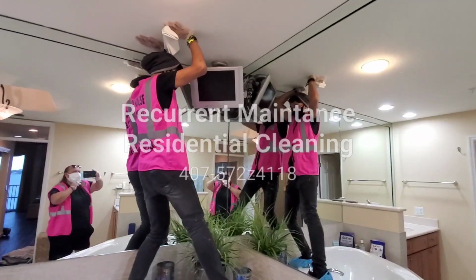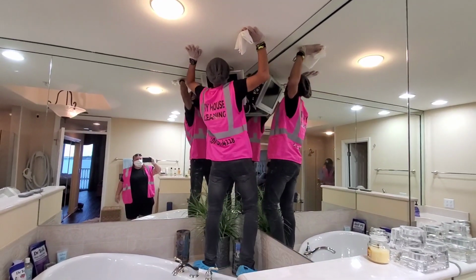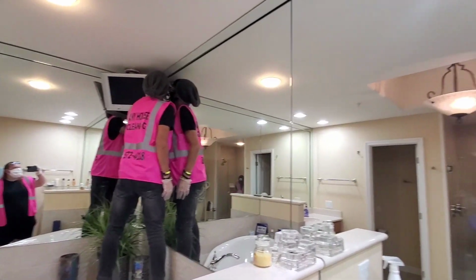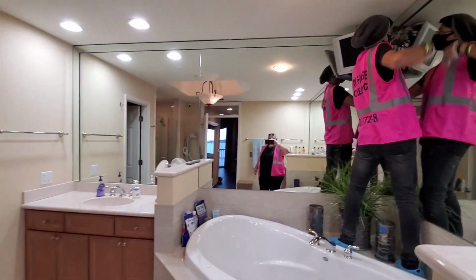A month ago we did a deep cleaning in this property. So this is just the maintenance services. This is a big mirror in the master bathroom. Huge mirror. Beautiful master bathroom,